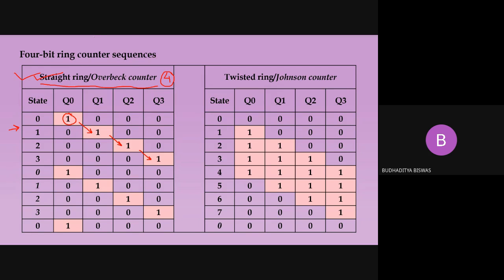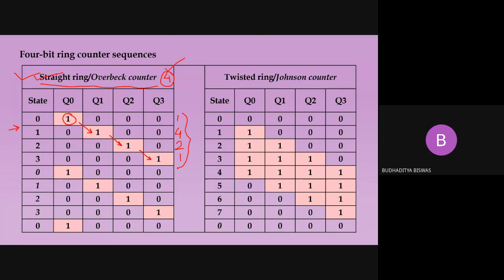So you see the first state is 1 0 0 0. This is state number 1. This is actually the 8. Then coming 0 1 0 0. This is equal to 4. So this is state number 2. Then coming 0 0 1 0, which is 2. So this is state number 3. And the last one 0 0 0 1. So this is the 1, or state number 4. After that again it will go to the 8. So that means for a 4-bit ring counter, the total number of states is also 4.